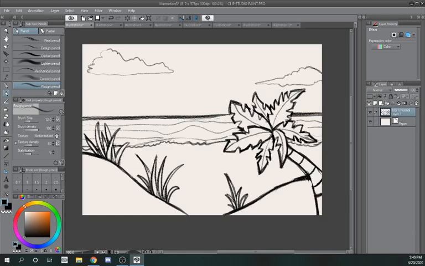Okay. I'm going to erase here. Now, for our final touches. So we got our ocean, we got our foreground. A couple more things you can do. If you want to have it be a sunset or a sunrise, all you're going to do is, because this is our horizon line, where the sky meets the ground, or in this case the ocean,